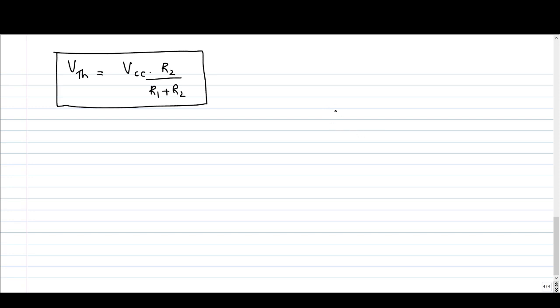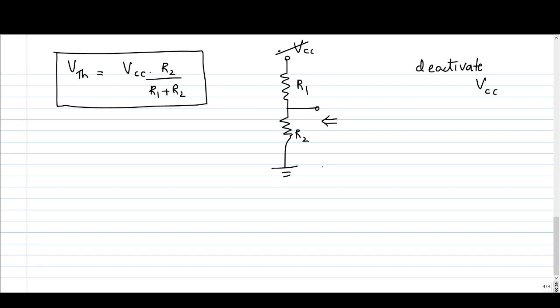Now what is RTH? If you look at the circuit, this is the linear part, and we are looking from this terminal with respect to ground. So what is the equivalent resistance seen from this port? To evaluate Thevenin equivalent resistance, you have to deactivate all the independent sources in the circuit. So deactivate the only independent source, that is VCC. So kill this source. When you deactivate this source, this point will be grounded. So this point becomes ground.